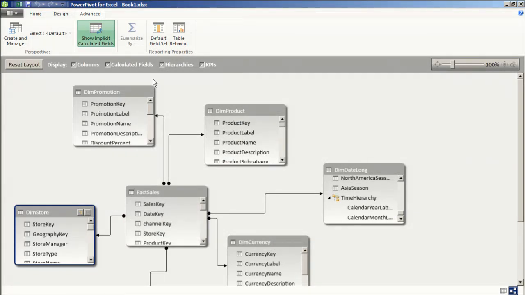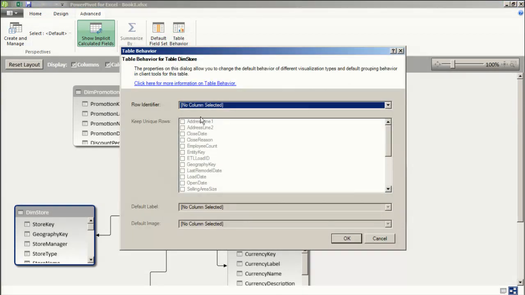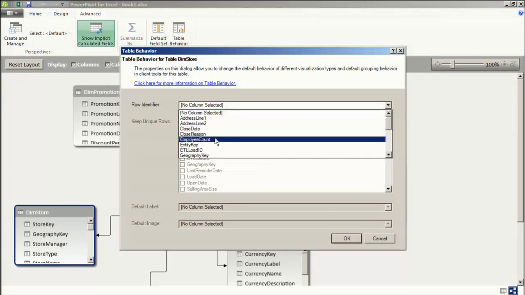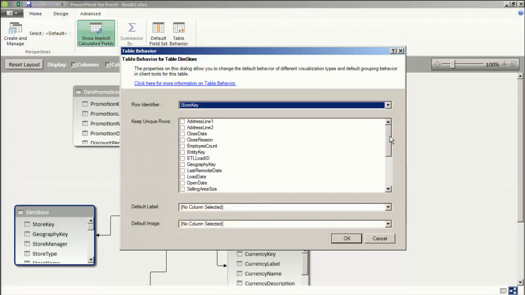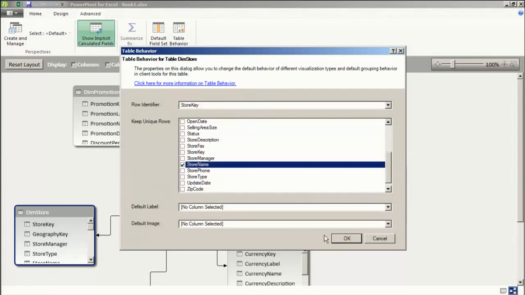And then I can come in here. We say that store key is the row identifier, and store name is what I care about here. So